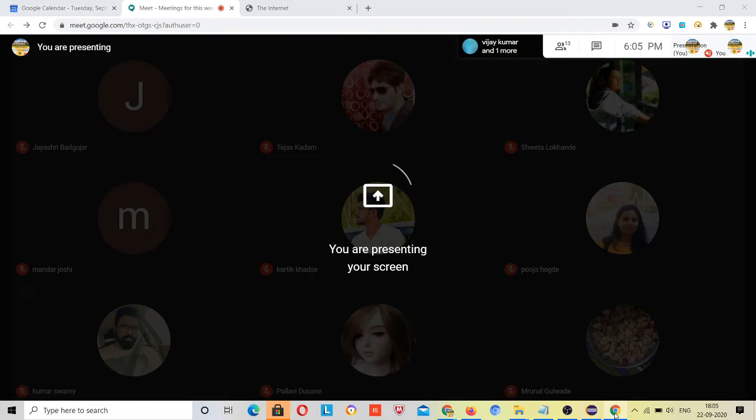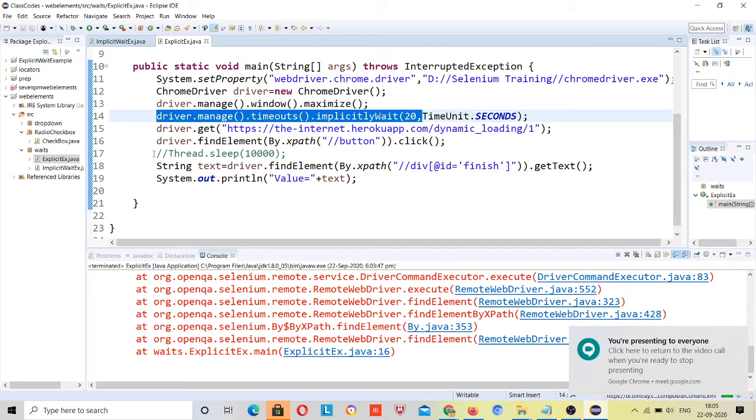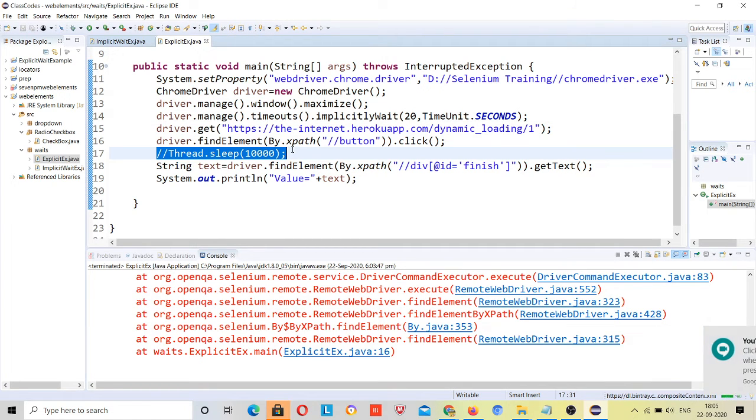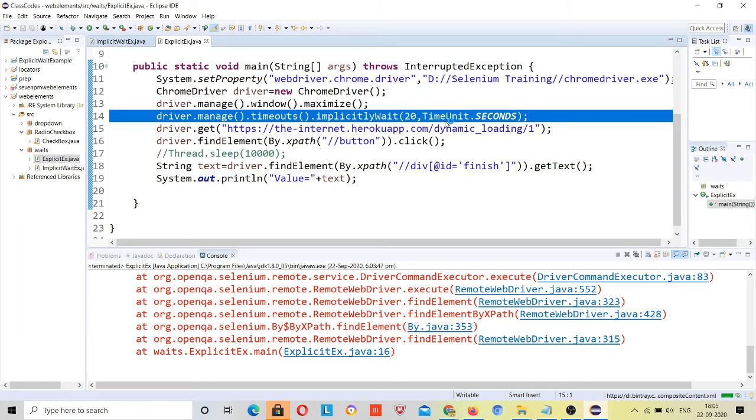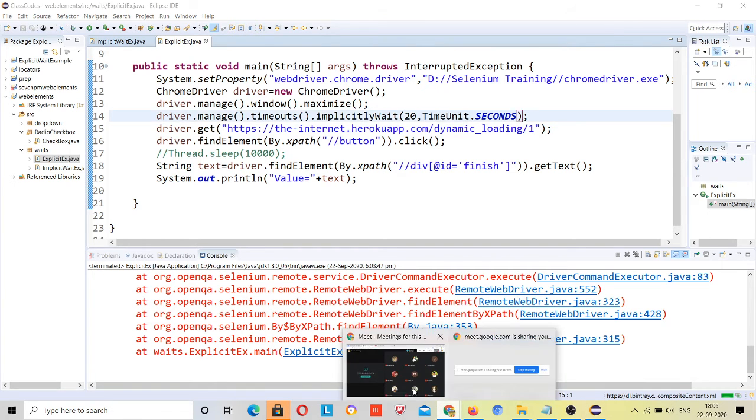What I have done is applied implicit wait instead of Thread.sleep, and implicit wait is applied globally, right? If we have applied implicit wait and given time for 20 seconds, now what should happen?